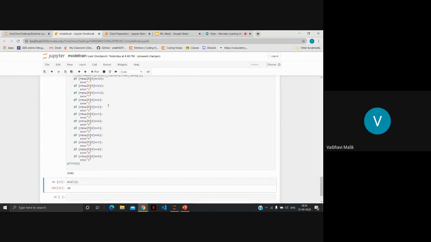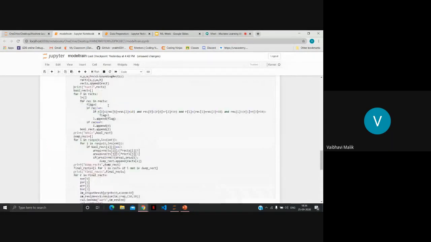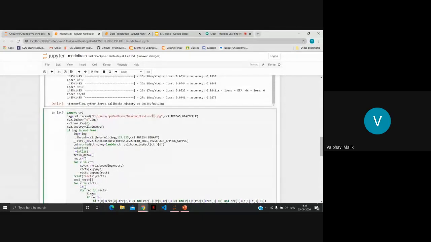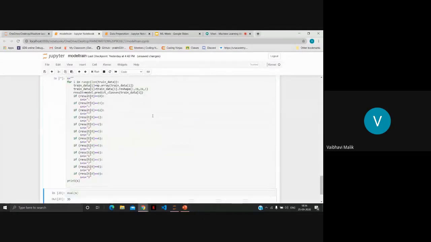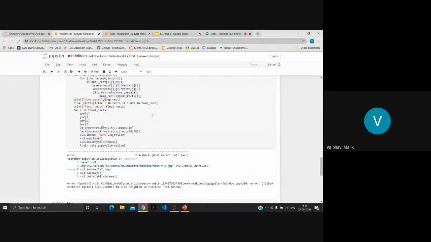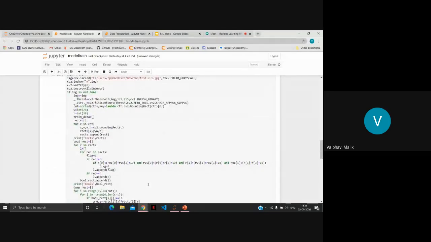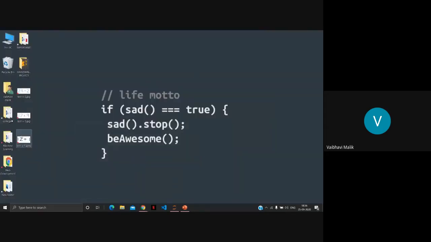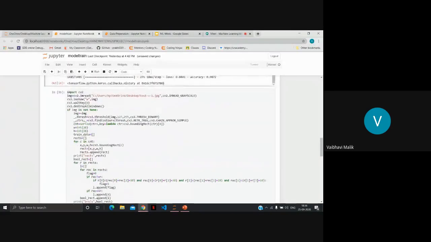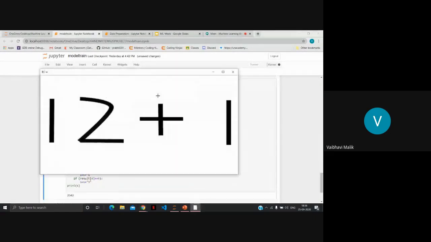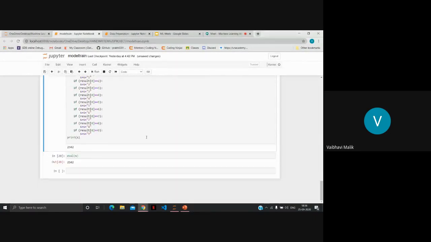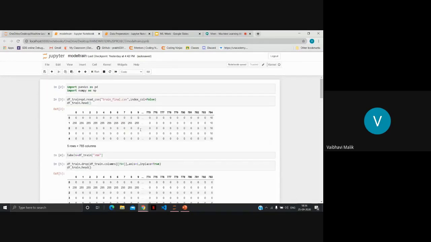Okay, so it is giving us an error. I don't know why it is giving us an error. It was working fine previously. Okay, the image is not defined. I have not stored this image. Wait a minute. Okay, I got the error. It's a JPEG image. Instead, I am using a JPG image. So it is predicting the correct answer. That is 42 plus 4 is 46. So this model is working fine.